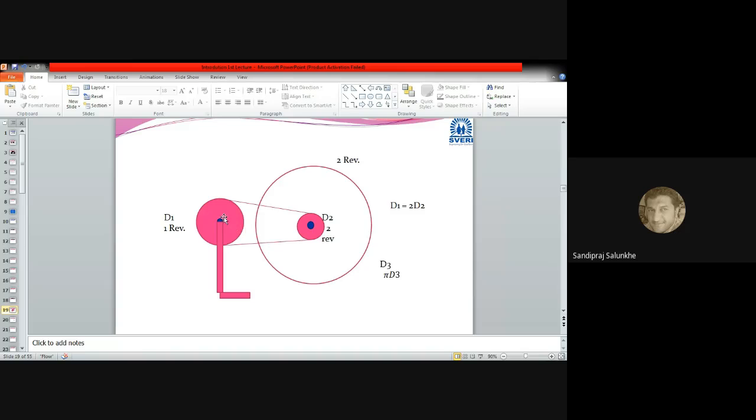This mechanism is nothing but simply two wheels. These two wheels are connected with the help of one link. This wheel is going to become one link. Motion of this wheel is transmitted to this moving link. It is called a chain, because a chain is used here. If I use rope, it will be rope. If I use a belt here, it will be belt. If I use a crank here, it will be crank. So it depends upon which type of link you use, but it is linked with each other by means of this link.